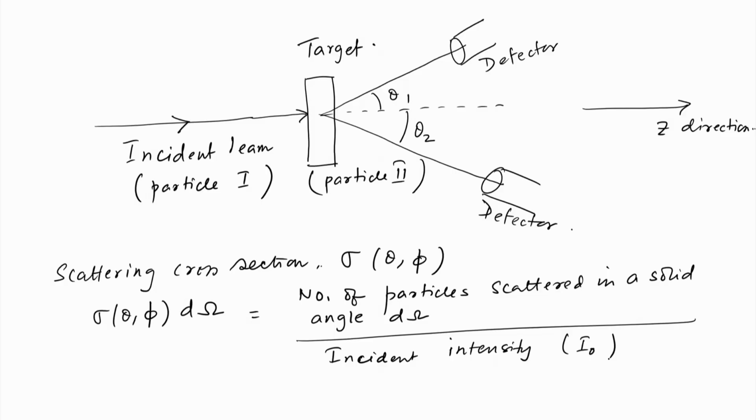So, that is the definition of the scattering cross section sigma theta phi, or it is called the differential scattering cross section,